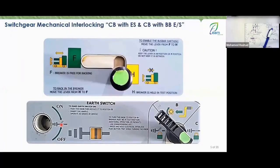Here, I'm coming back to you again. So here, engineer, where's the idea? Come on. Now that you understand what this lever means and what this knob means, let's merge the two, or integrate them. Now, for the breaker to perform a rack in or rack out operation, the ground must be open. But this knob must be in a specific position. All right, great. So I won't be able to take this lever, sorry, I won't be able to take this lever